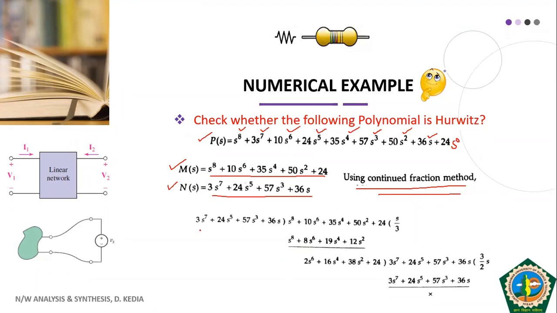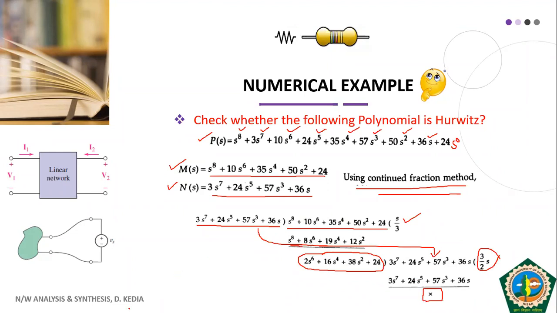The polynomial which has a smaller degree will act as a divisor, and the even polynomial, which has higher degree, will act as dividend. If you divide the two, you get the quotient, and if you subtract, you get a remainder. Now this remainder will become the divisor for the next term, and this divisor will become the dividend. And if you divide, suddenly something very different happens: you get 0.